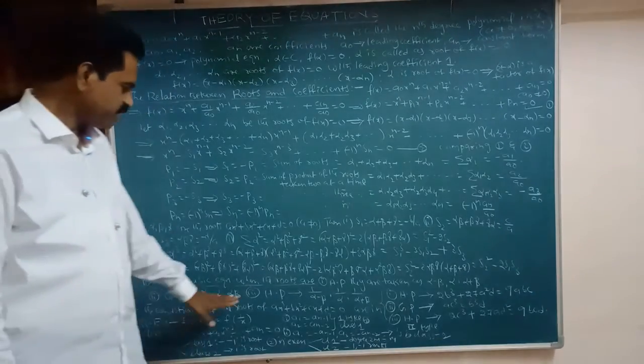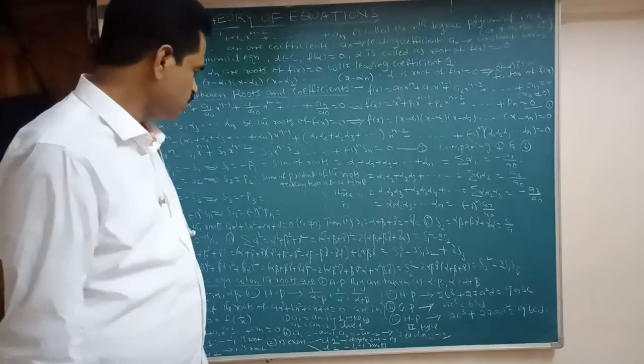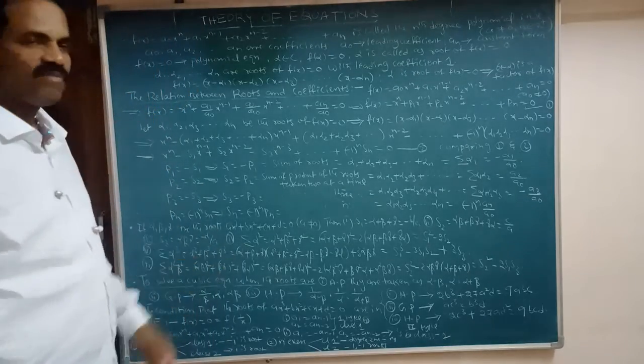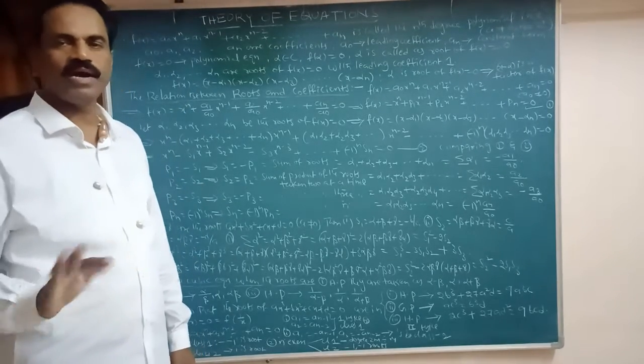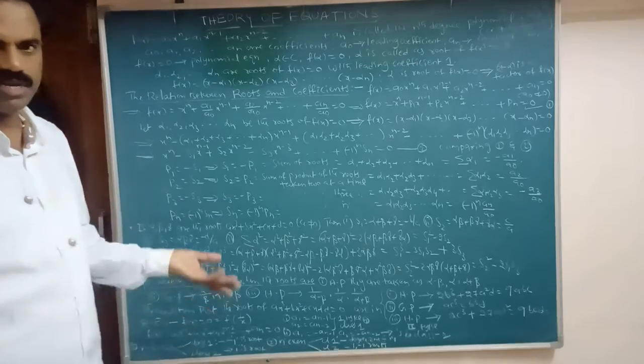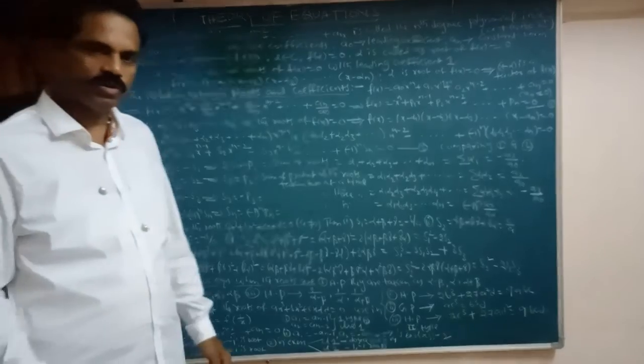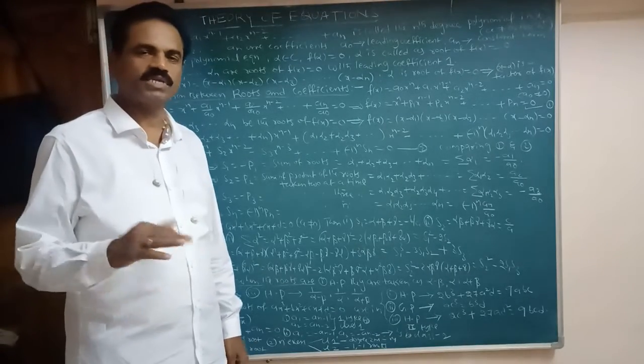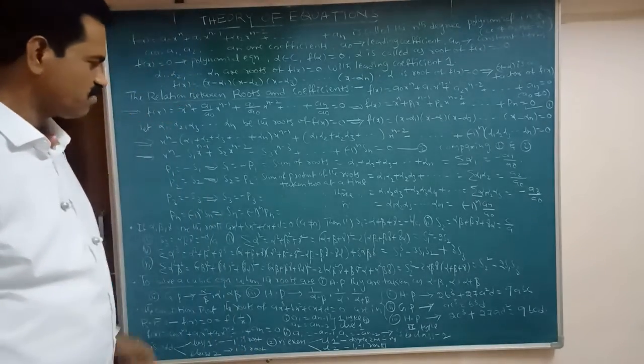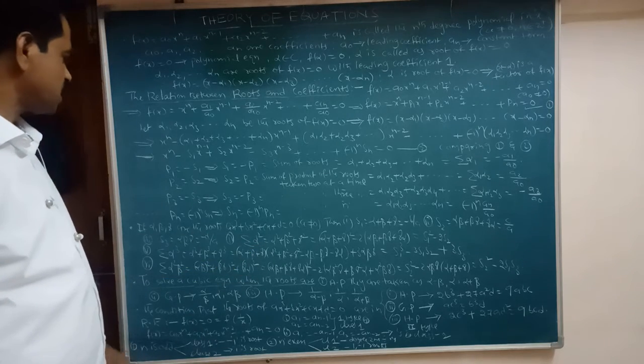Okay, it is first type and second type. So what is the first type here? First term and last term are the same, and the sign is also the same. Similarly the second terms, similarly the third terms. In the second type, the first and last are the same in magnitude, but the sign is opposite. So this is called first type and second type.